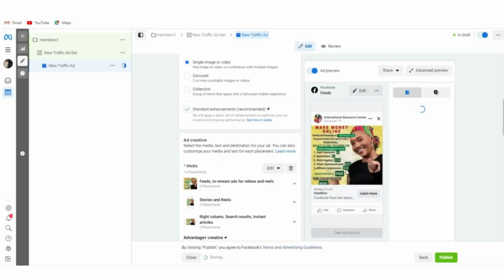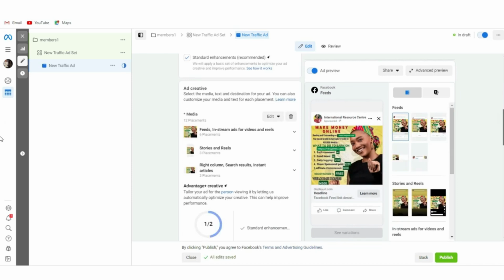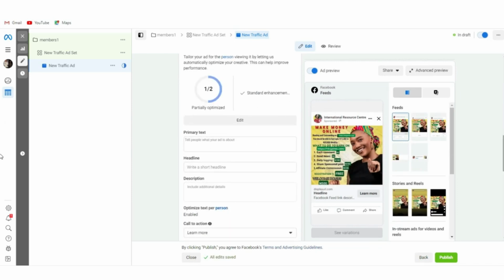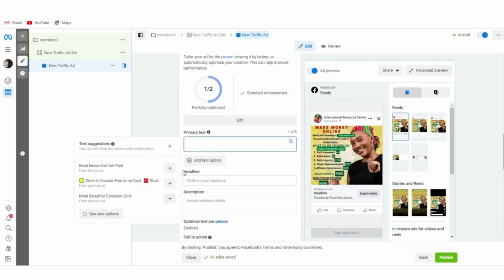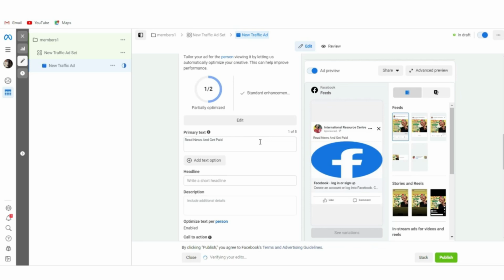All right, so good to go for this. Now, the next thing you want to do is to edit your primary text. So I just make it very simple. I use something like "read news and get paid." You can see this here. So you can see that everything I'm showing you guys is what I practically do by myself. All right, so read news and get paid, and then scroll down